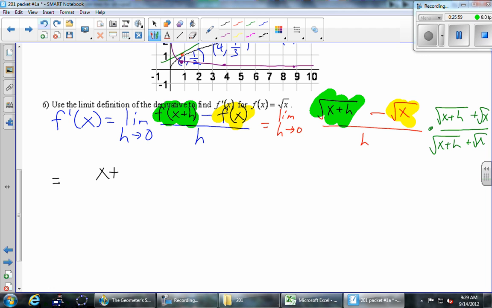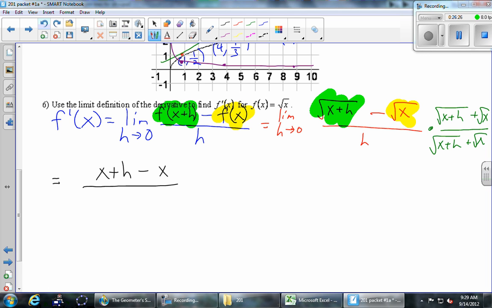I'm going to leave some space. Imagine that the limit as h goes to 0 is in that space, because that's what should be there. When we do the outers and the inners, you know what happens? They cancel. That's the point of multiplying by this thing called the conjugate. If you do the outers multiplied and the inners multiplied, and you add them together, we will get 0. So they cancel, and then we're just left with the lasts. Minus radical x times positive radical x is just minus x.